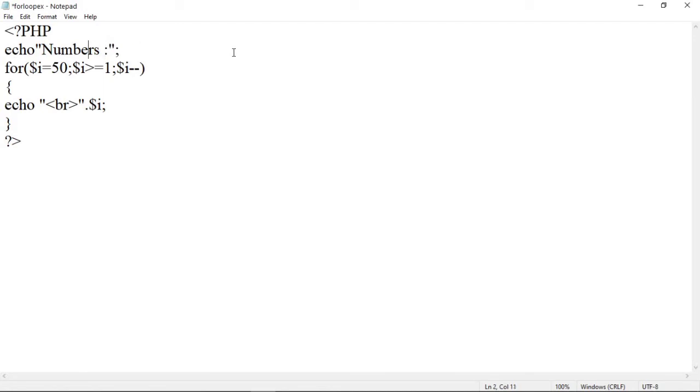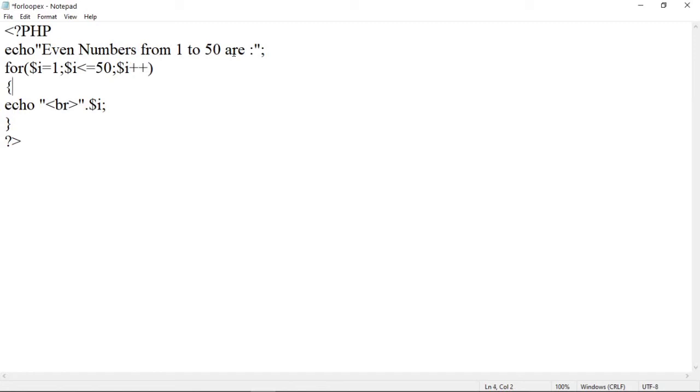Then here echo "Even numbers from 1 to 50 are". Let us add a statement like this, and here we have to iterate a loop from 1 to 50. So here initialization will be $i = 1, then $i <= 50, and here incrementation will be used, that is $i++.